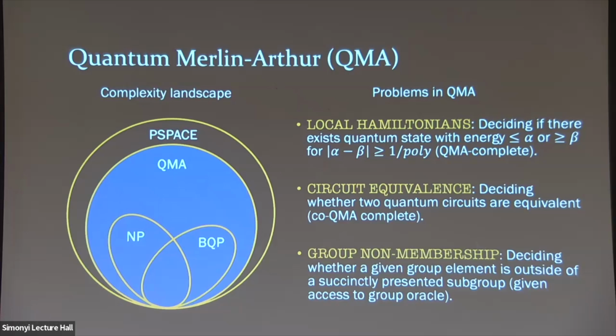Can I say something just to clarify about the local Hamiltonian? It's just an eigenvalue problem or eigenvector problem, but the matrix is 2^n by 2^n, the input matrix. It's just given implicitly. Right. So this may not be clear.